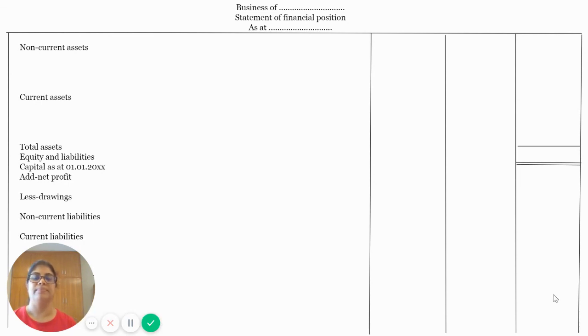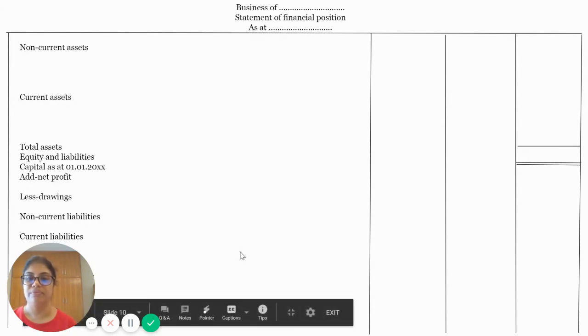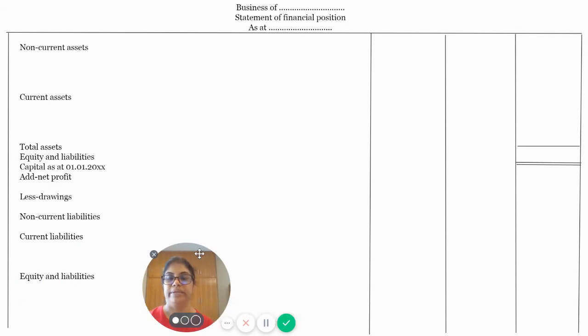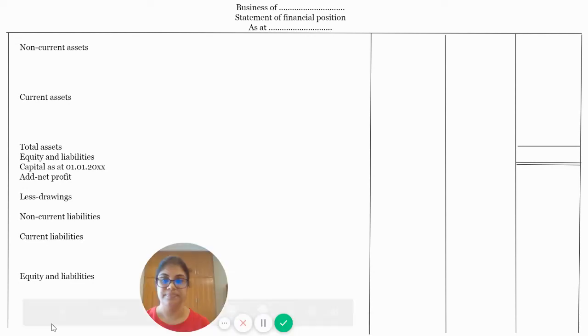Then I hope you all have got a good understanding about the statement of financial position, the introduction and the way of preparing a statement of financial position. And I want you to stick to this format, which I have shown here. These are the main elements. Then in the previous slide,